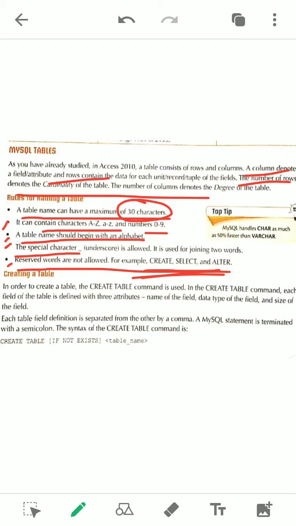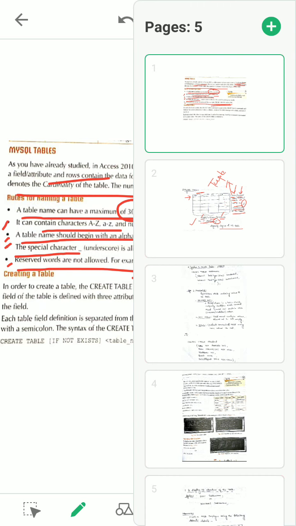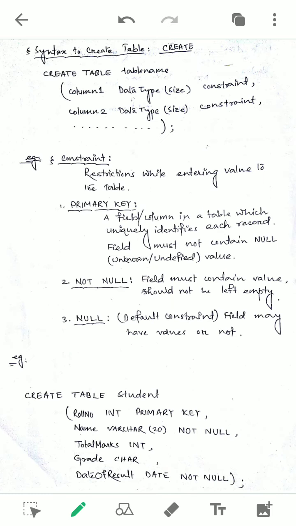Now, how to create a table in MySQL? So what is the syntax? I have given the syntax very shortcut here. You can find the syntax to create a table. Check very nicely, because if you make a single mistake, it will be wrong. These commands can be written in capital letters or small letters, I already told you. Create table name. Here one keyword can be written, if not exists. This is optional, you can omit it. So I have not written it, and it is not followed in MySQL. Most of the time we omit this part.